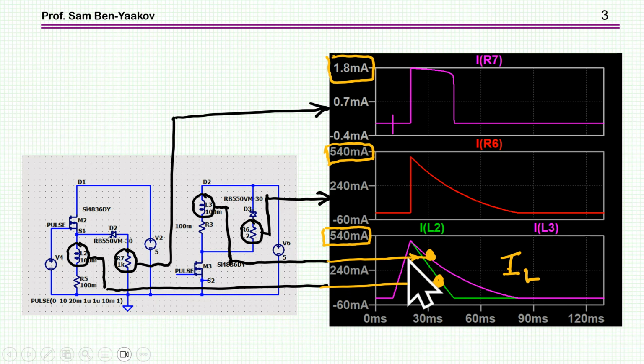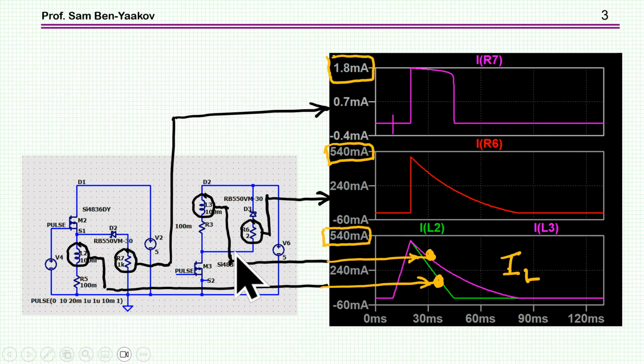It's also building up the same way. I've adjusted it so it'll be the same because it's the same inductance, same resistance. But you see that the decrease is different. It's actually linear here. Okay, but that's not all the differences. If we look at the current of the diode or the resistor,